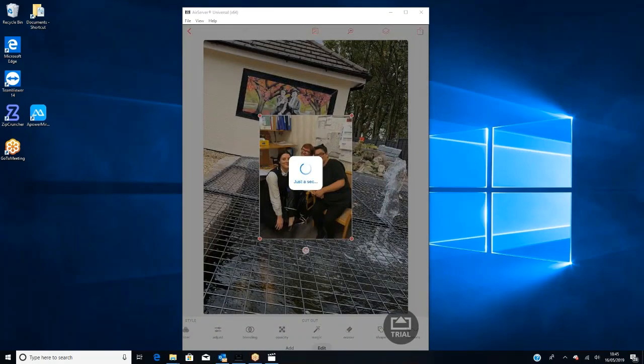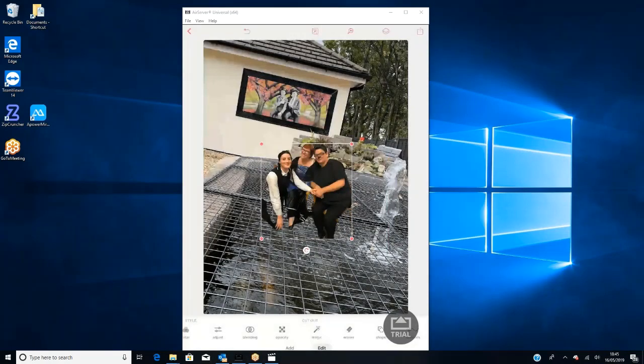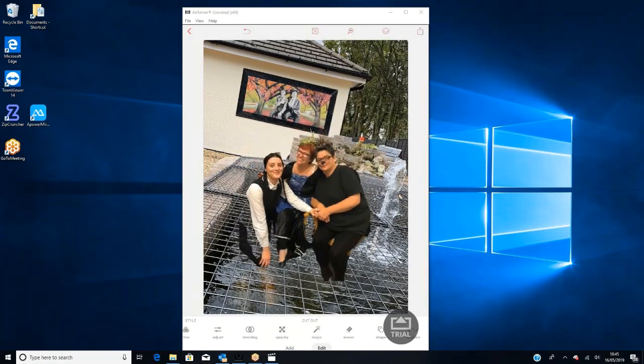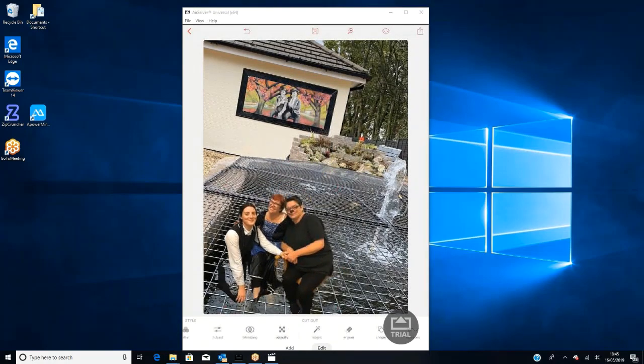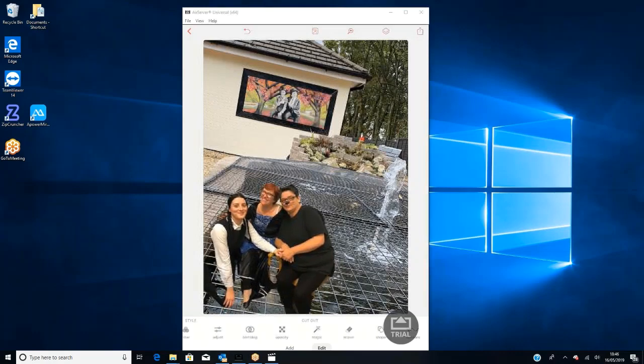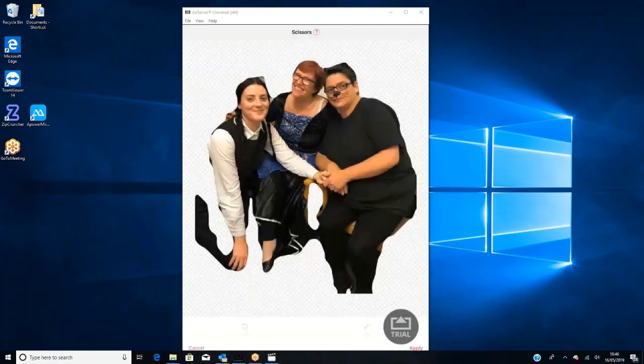Now, we are in a webinar, so it might actually work a little bit slower than normal, but there you can see it's actually cut the pictures out of the people and taken away the background. So I want smiley staff that are having a bit of fun, so let's stick them there. Okay, there's another area on here which I really love. It's called scissors, because I do want to put a bit of, oh, I've done something wrong there, 1 minute.